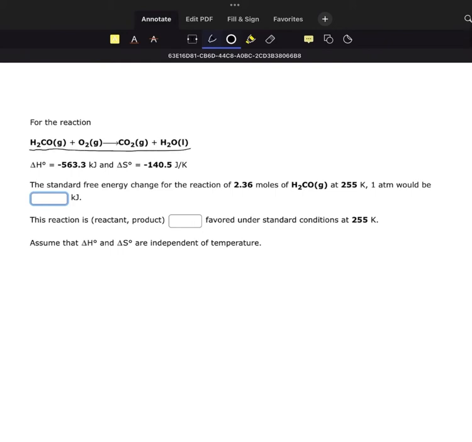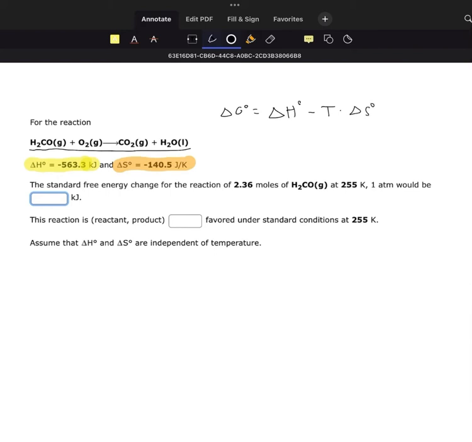So for this given reaction, we know that the change in enthalpy is negative 563.3 kilojoules, and the change in entropy is negative 140.5 joules per Kelvin. And we want to find the standard free energy change in this reaction. And so what we need to do, we need to know the equation: delta G naught is equal to delta H naught minus T